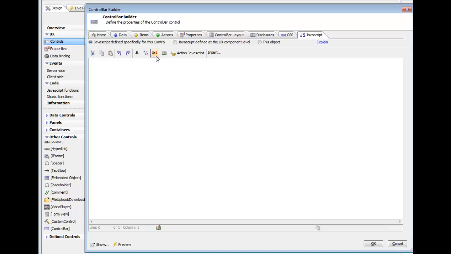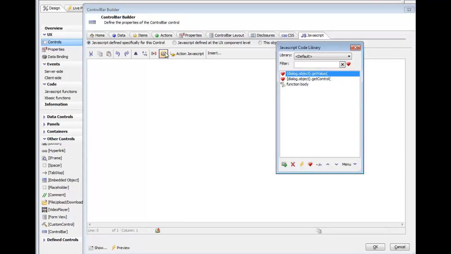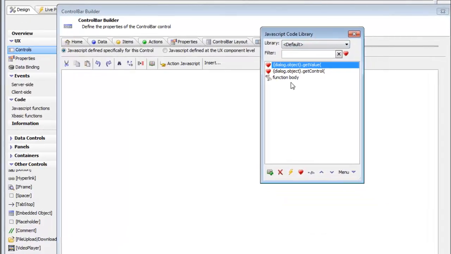So let's go ahead here and open up the code library, and we can see that the code library currently has three entries in it, two of which have been marked as favorites. If I want to only show the favorites, I can tap on that little icon there, which filters on favorites, or I can filter on anything that I want. So I can type in body, and then if I double tap on that item, it'll insert the